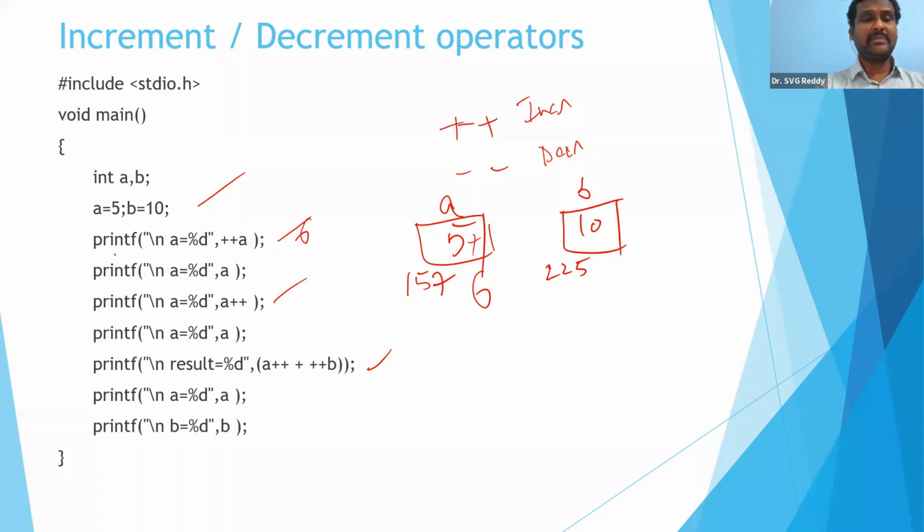Now I just want to print plus plus a: a is equal to percentage d, as we have been seeing all the time, so let's not worry about this. So plus plus a. Pre means increment before itself. I want it now. That is the meaning. Pre means before itself. When the exams are preponed, it means yes, you should write now. Postpone means yes, we need to go later. Then I want to print the value of a, which is the same value, 6.